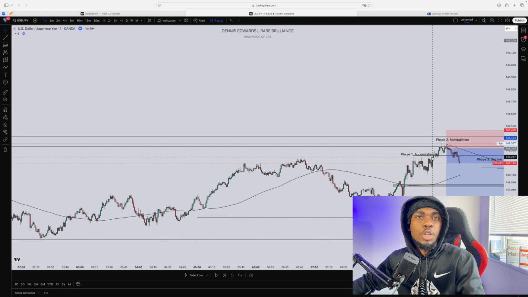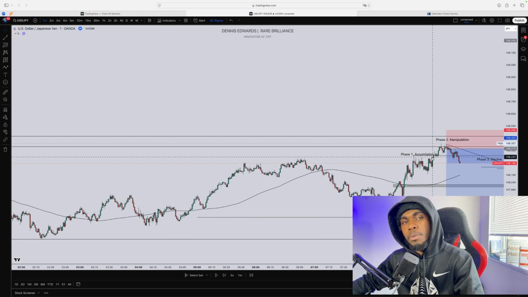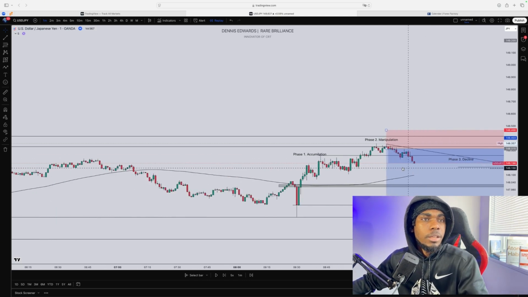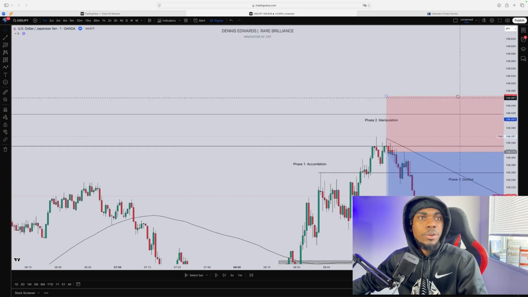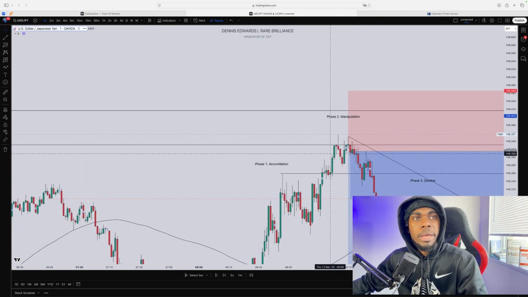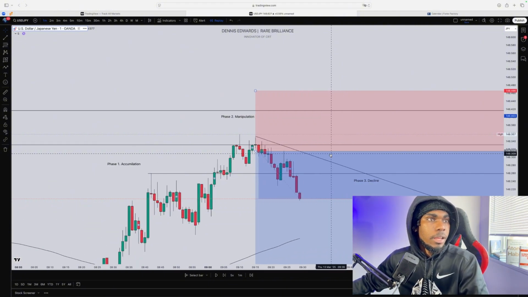So they were literally the liquidity that helps drive the move further down as price pretty much went up into this key level that I had on the higher time frame. And from this point, I pretty much seen the candles just getting weaker and weaker and weaker. And that's pretty much what made me get ready to enter, right? Because